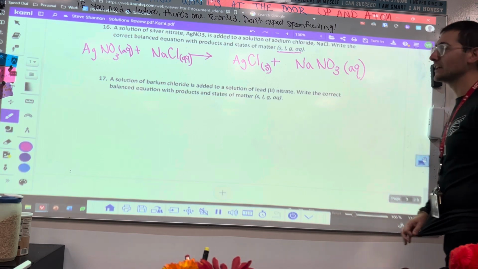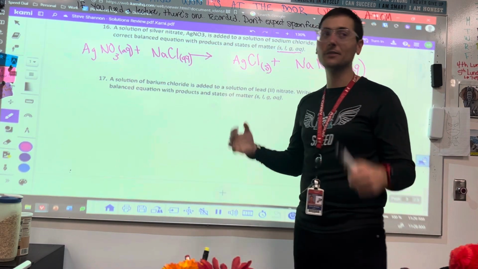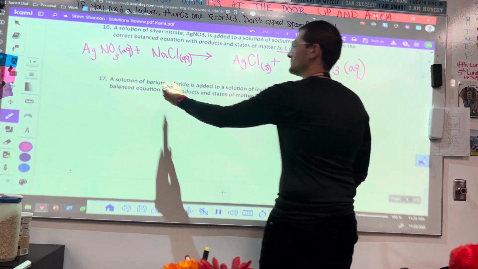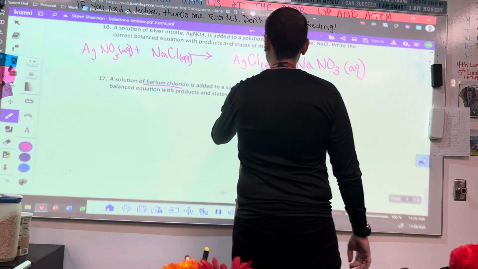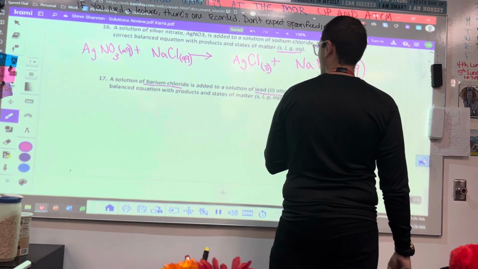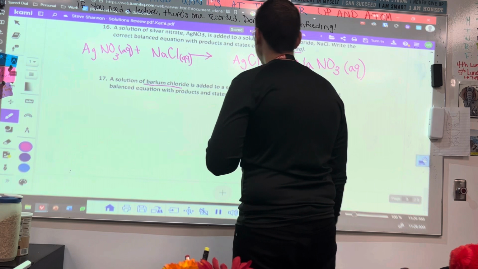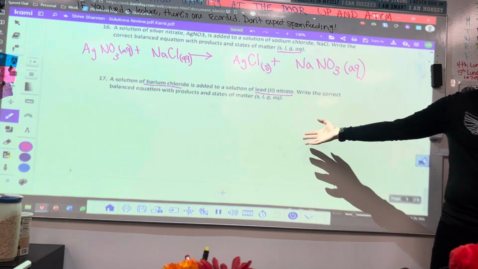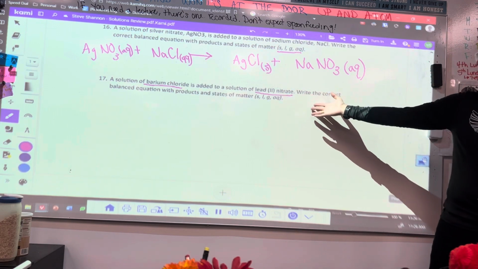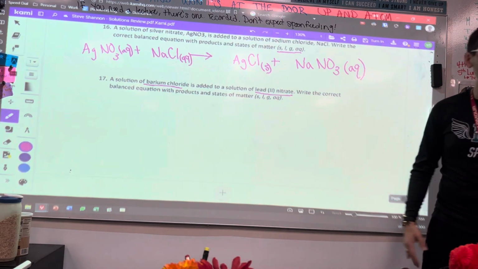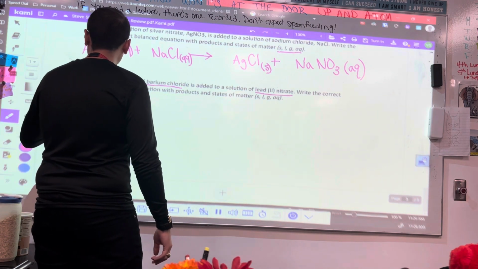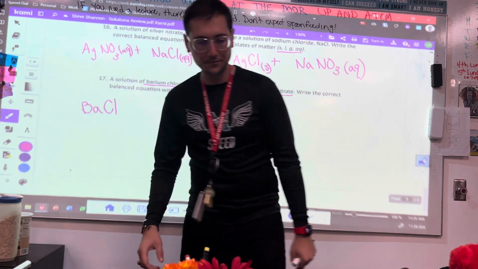Last one, number 17. The same thing. A solution of barium chloride is added to a solution of lead 2 nitrate. Write the correct balanced equation with products and states of matter. This time, and this will be on your test, you have no equation or formula given to you. It's all words. So barium chloride, that's Ba and Cl,